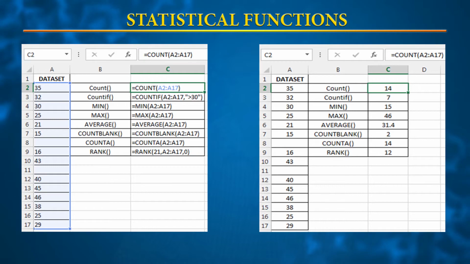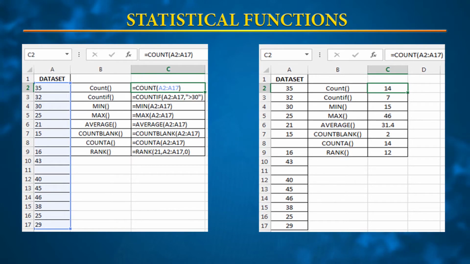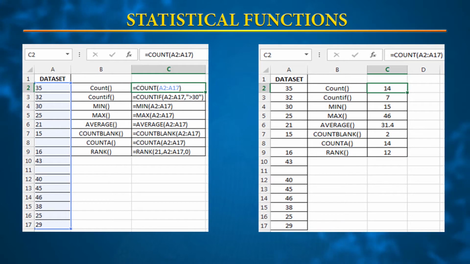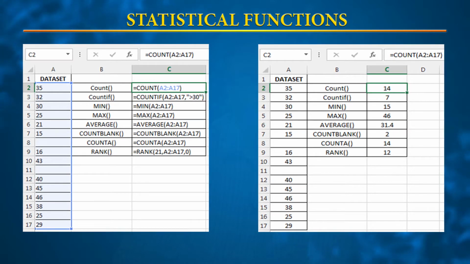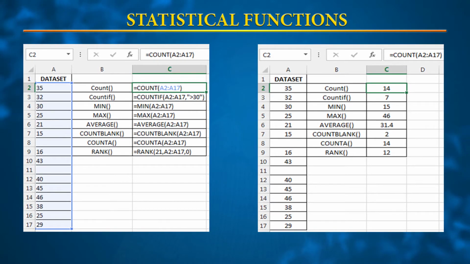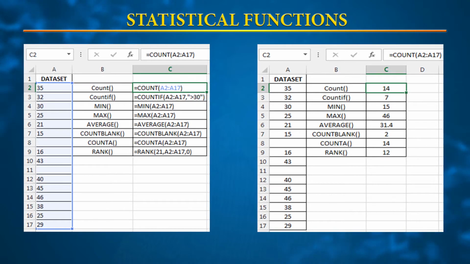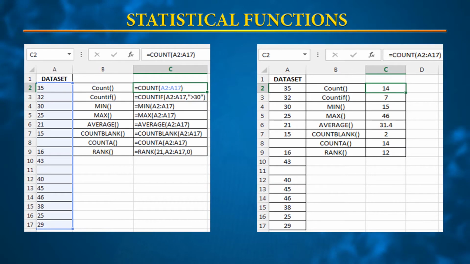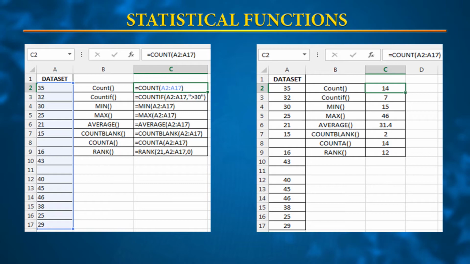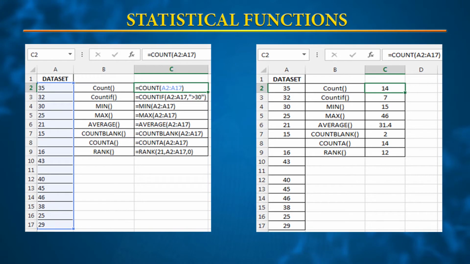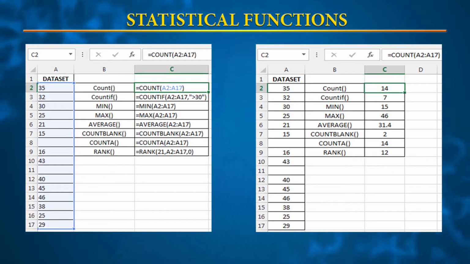We explored COUNT and COUNTIF as the very first option. The COUNT function counts how many entries there are and returns the value accordingly. The COUNTIF function can be customized by specifying the criteria over a range.